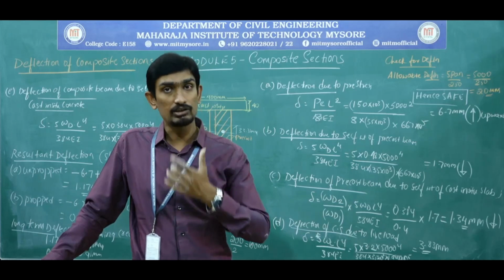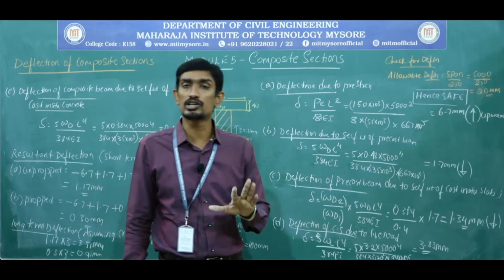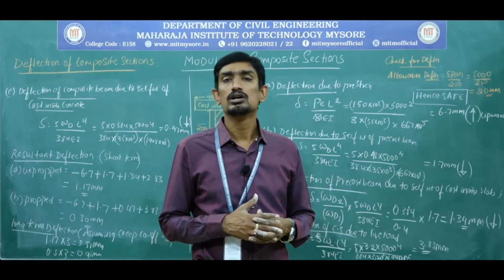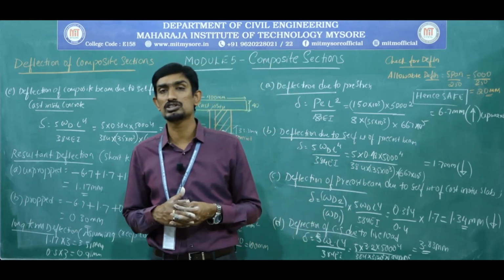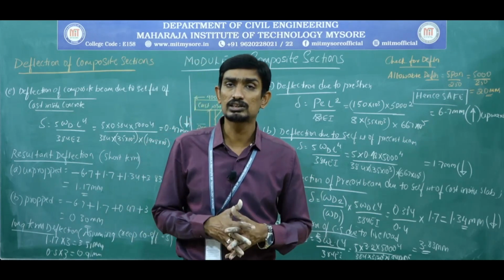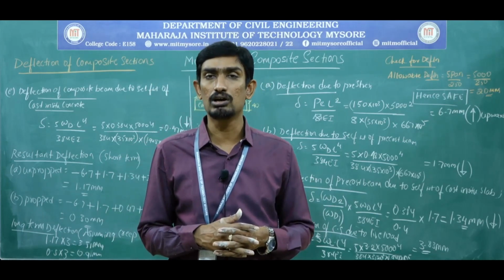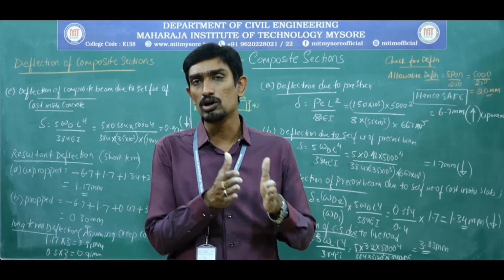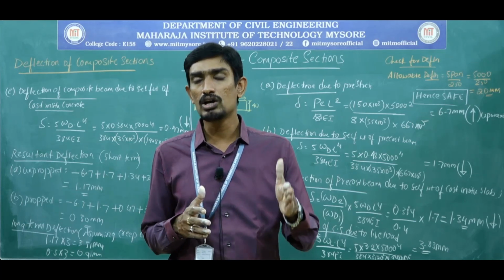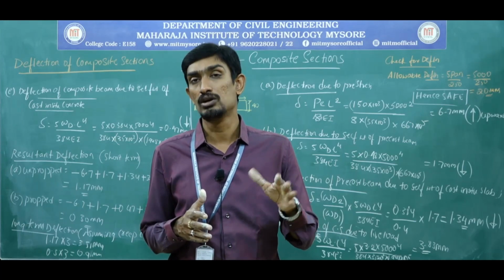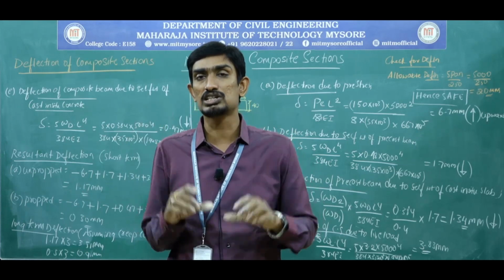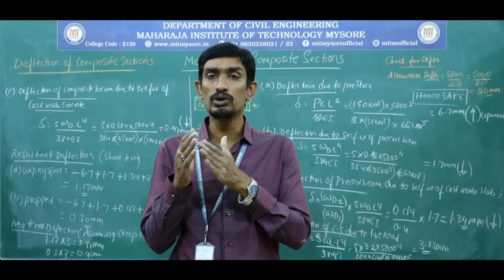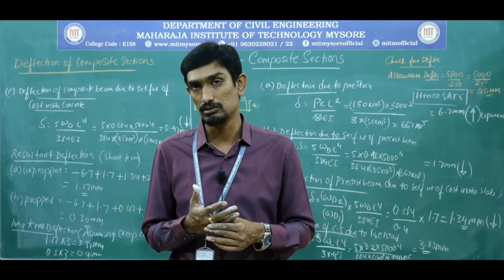Next topic is flexural strength and shear strength, or I can say the ultimate moment of resistance of a composite section and the ultimate shear resistance of a composite section. I am not going to do these in this particular module because these topics we have already discussed in module number 3 and module number 4. Whatever we did, that is MU calculation for T section, double T section, and I section, the same thing we are going to do in the composite. That is the MU calculation.